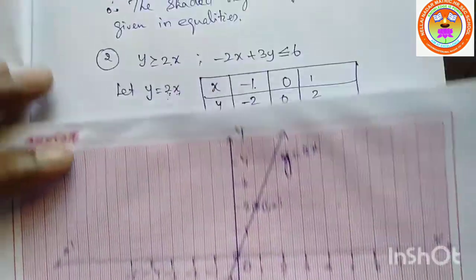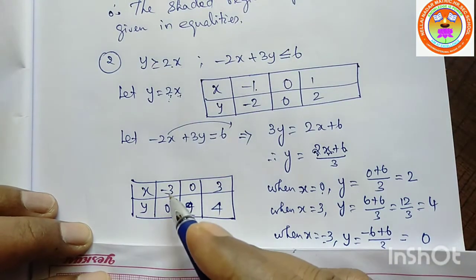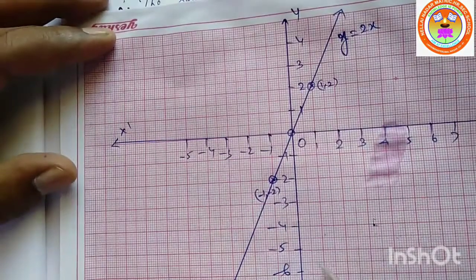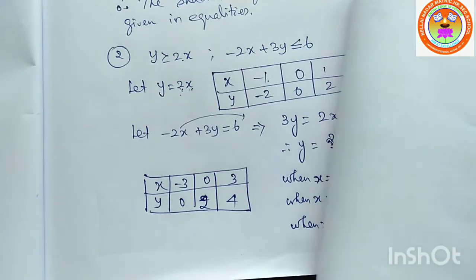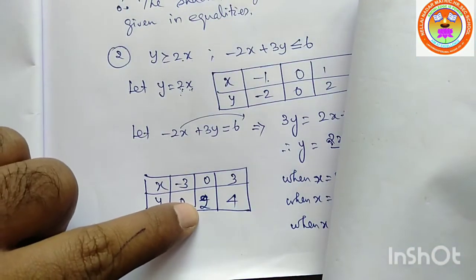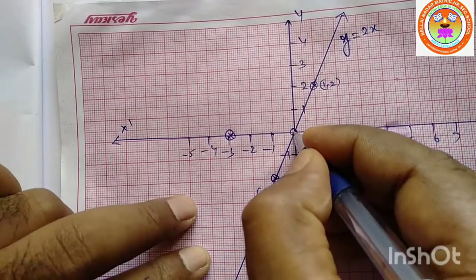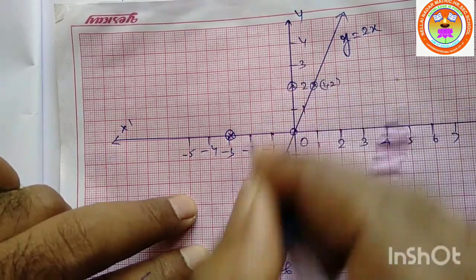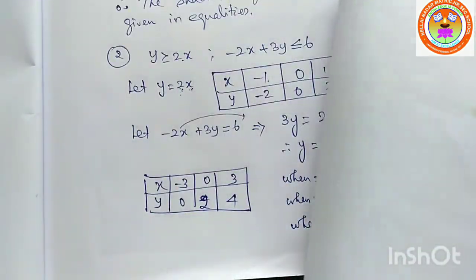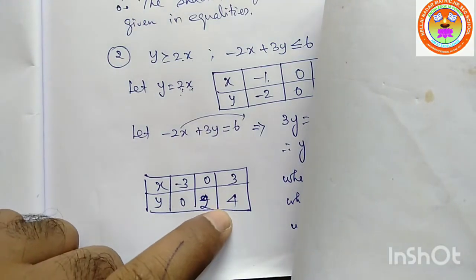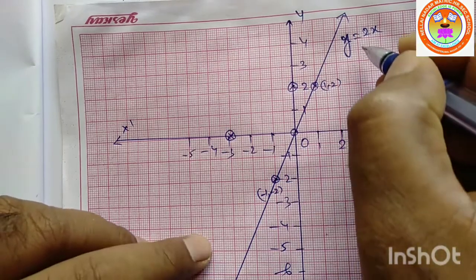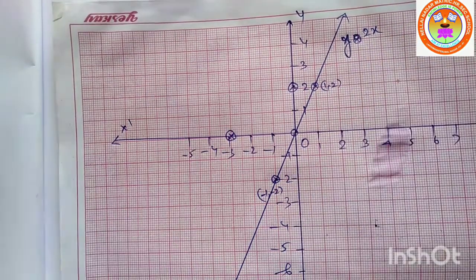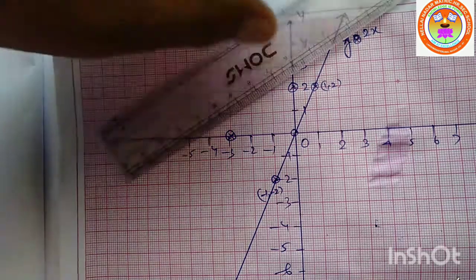What about the plotting points? See the plotting points. Minus 3, 0 means this point. The second point is 0, 2, which means x value 0, y value 2. Then the third point is 3, 4. X value 3, y value 4. This is the point. When we join these 3 points,